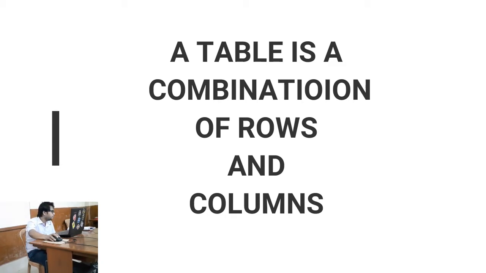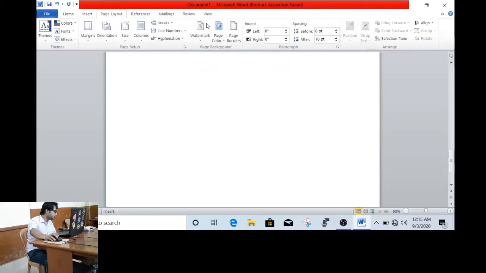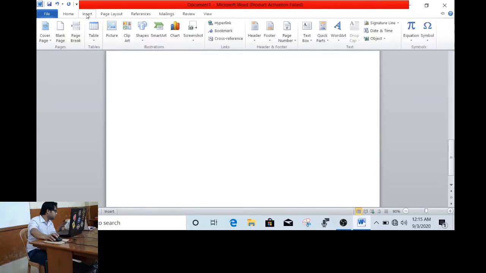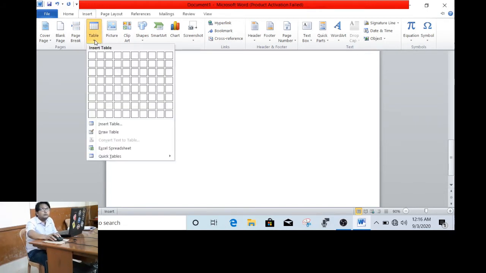For that, what I will do is I go to insert and then click on the table option in the table group. When I click on the table option, the table grid view appears.